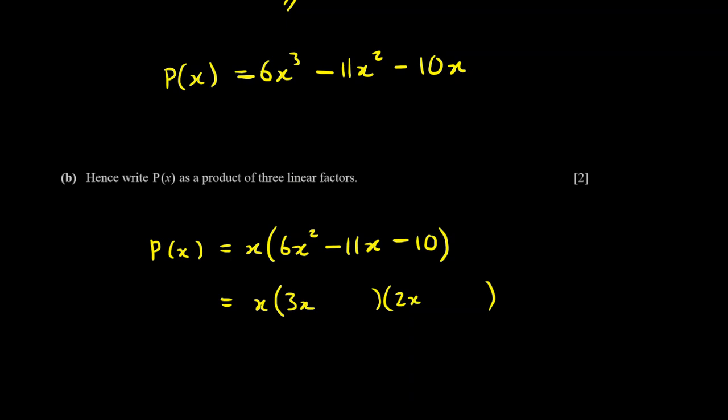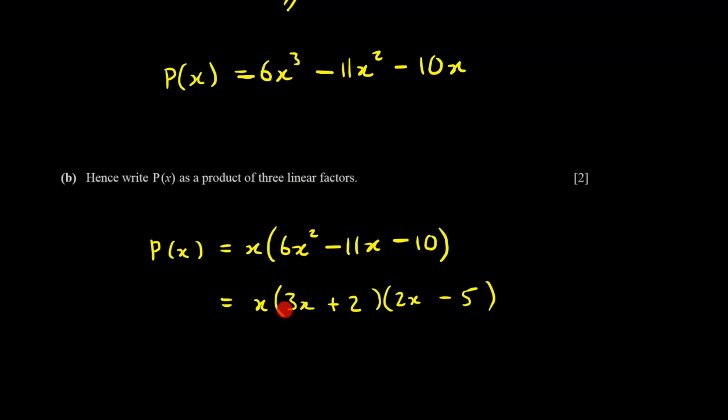And what we want is two numbers that are going to multiply together to give negative 10 to go here and here. But the numbers have also got to work in such a way that what we get is negative 11x. So to get negative 10, we're probably going to have 5 and 2. And so what's going to be the best way of doing that? I guess if this is minus 2 and no, this is plus 2 and this is minus 5, I think we'll get that